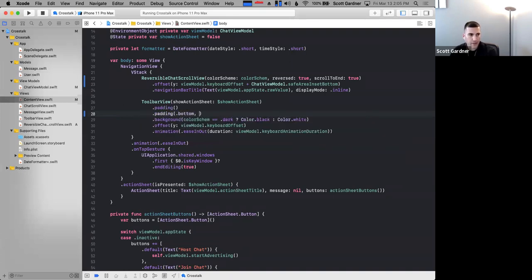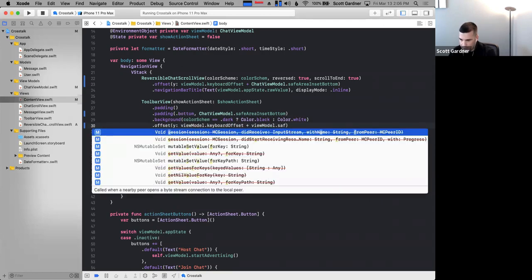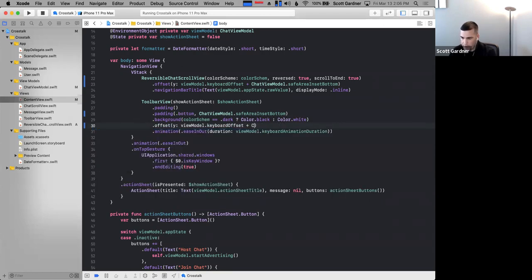I'm going to set that to the chat view model safe area inset bottom. And then I also need to change the offset here. The offset is going to be the view model keyboard offset plus the view model's